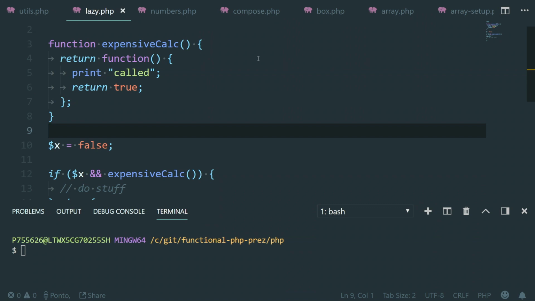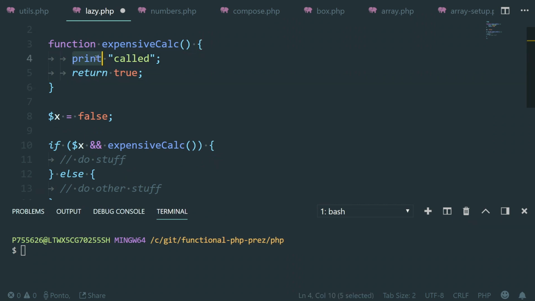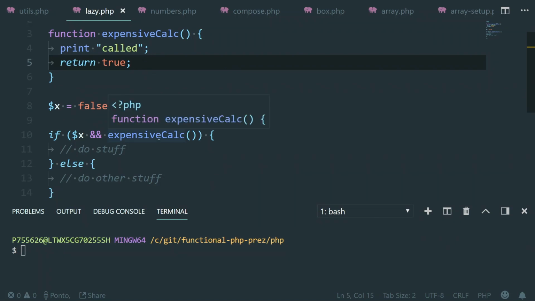We have a function that I've called expensive calc. Hold on, it's not reset to its starting spot. And let's pretend expensive calc does something more than just print called. It does a whole lot of calculations. It's doing some real number crunching, and then it's finally going to return a result. When we call expensive calc later in our code, down in this conditional,